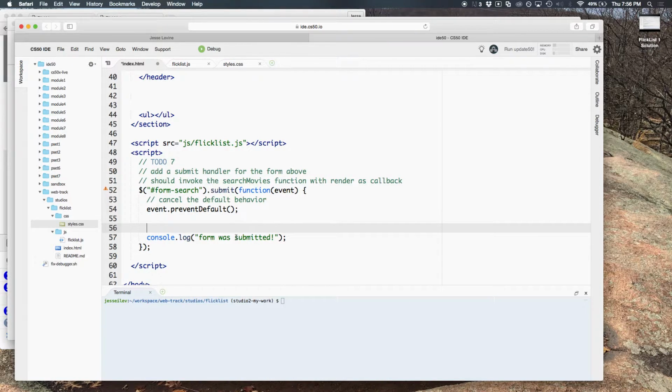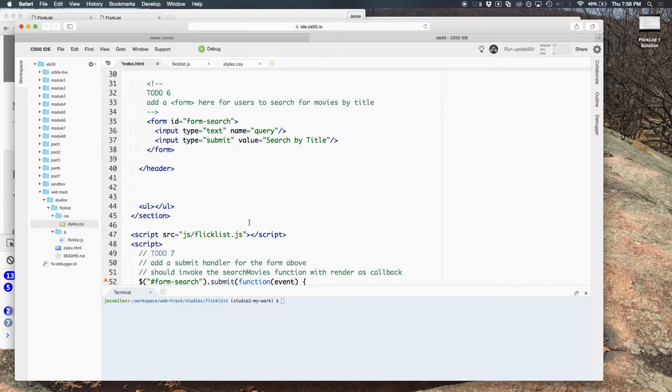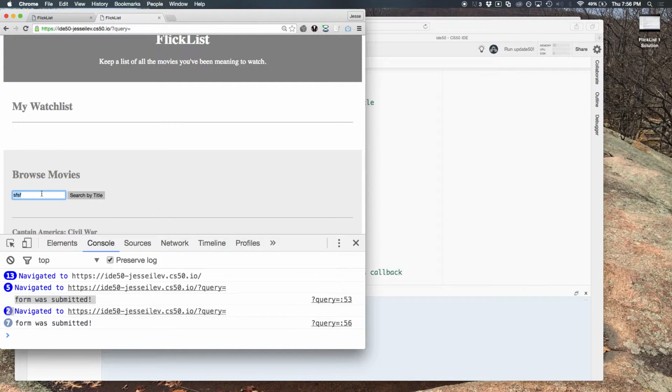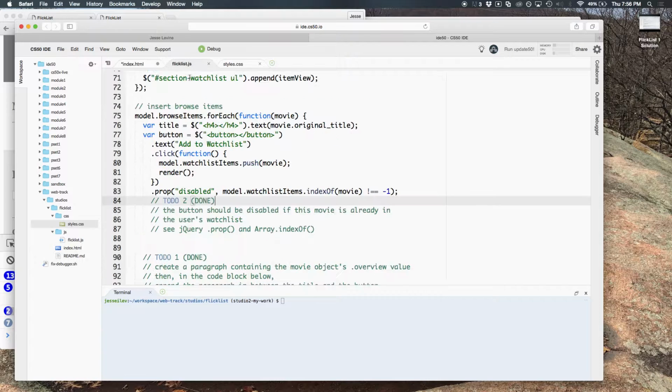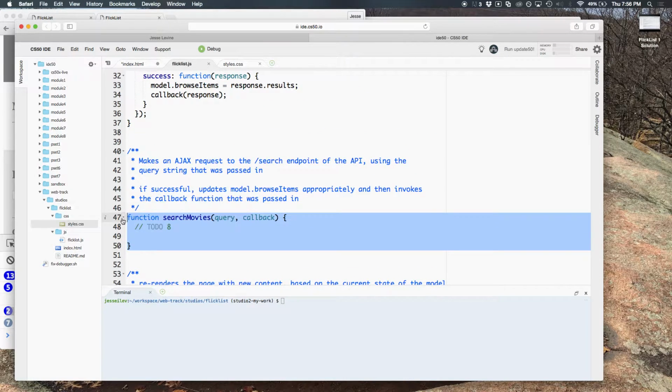So now on to the actual stuff we want to do. This form was just submitted, so the person wants to search for movies with the title of whatever they typed. So we have two steps really. We want to figure out what it is that they typed by querying the DOM and saying, hey, what text exists in here? And then we want to call this other function that we haven't actually implemented yet, but